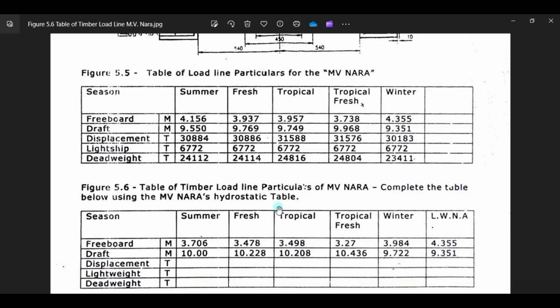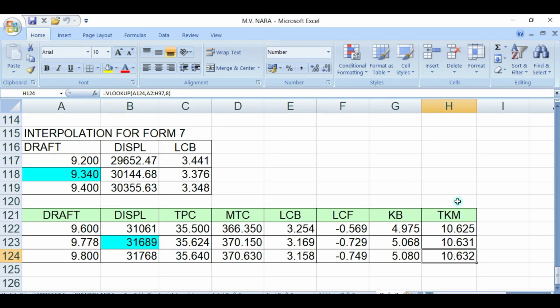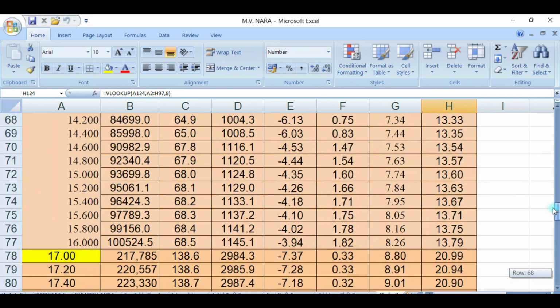So using the hydrostatic table, we go to the hydrostatic table. So this is, guys, the hydrostatic table.